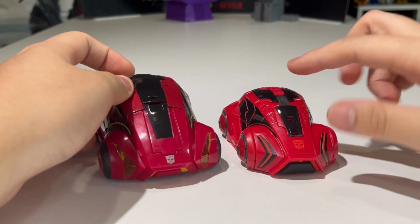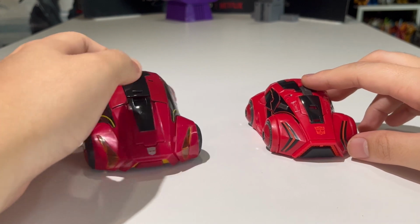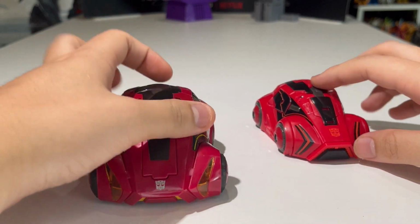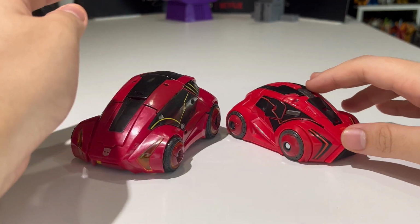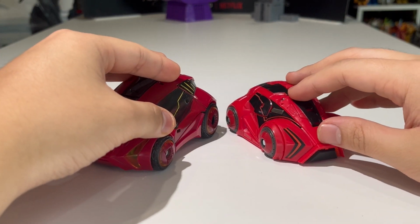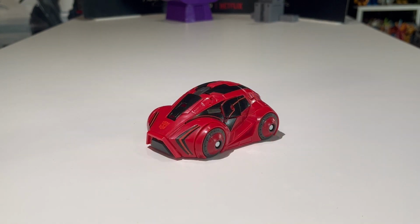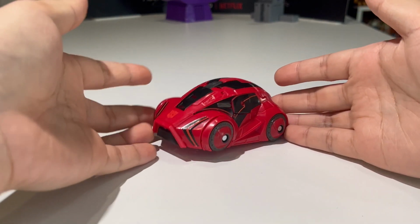I like the red so much better compared to the dark toned red. So yeah, the dark toned red, not a fan, but oh well, it is what it is. But that's pretty much it for the alt mode comparisons right there. And so, without further ado, let us transform Cliffjumper into his